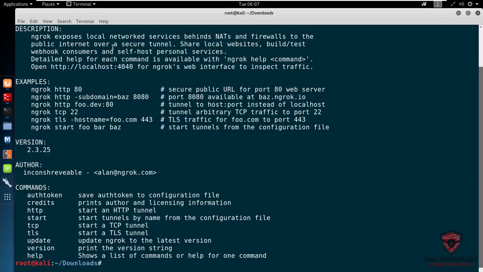So the entire process here is as follows. I run ngrok, and then I specify the protocol, which could be TCP if I'm exposing a particular port. If you're working with HTTP here, you can see you expose port 80 or a particular subdomain. And then, of course, if you're running Nginx, all of that good stuff, I've already explained this before. We are working with TCP. If you want to use HTTPS, you can set up the TLS tunnel right over here. But we are setting up a TCP tunnel because the payload we're going to be using is going to be the Android